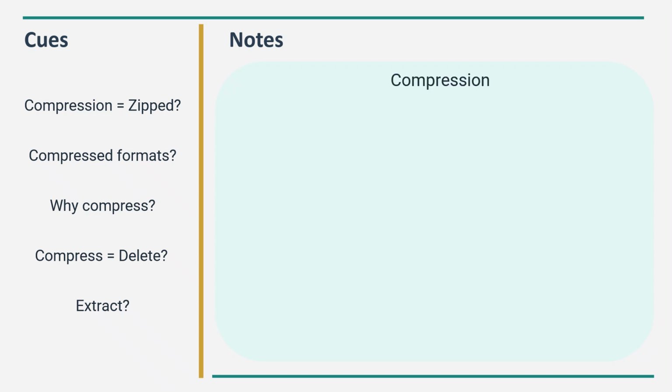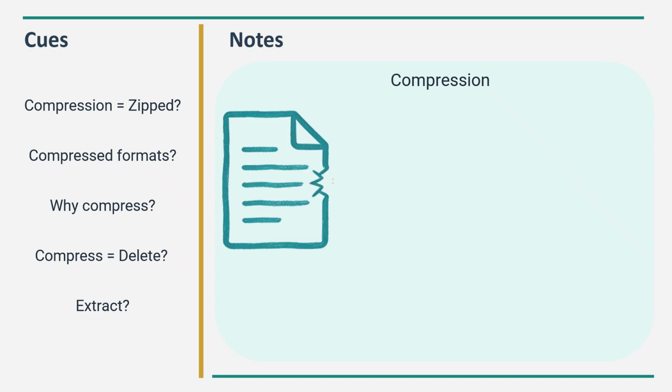Compression is the last strategy to reduce file size without deleting anything. Think of it like vacuum packing a suitcase. You squeeze all the air out so it takes up less space in the cupboard. Compressed files use less storage space but are unreadable until decompressed. You've probably seen zip files, which is the most common format.